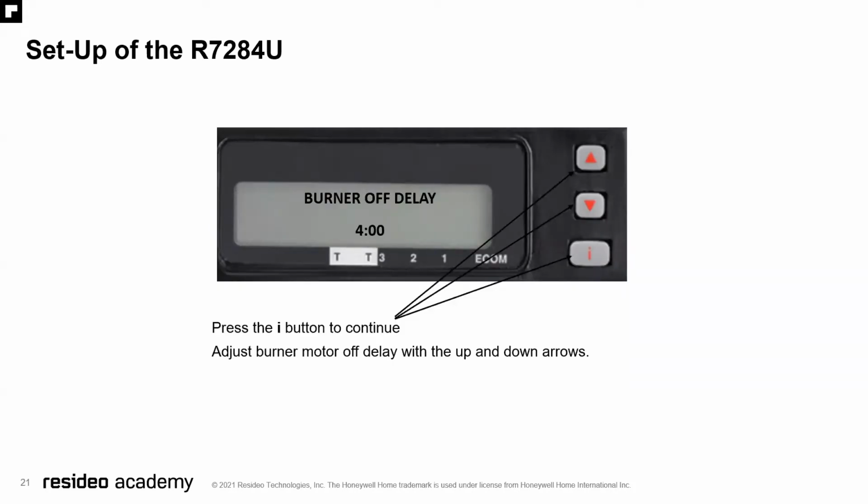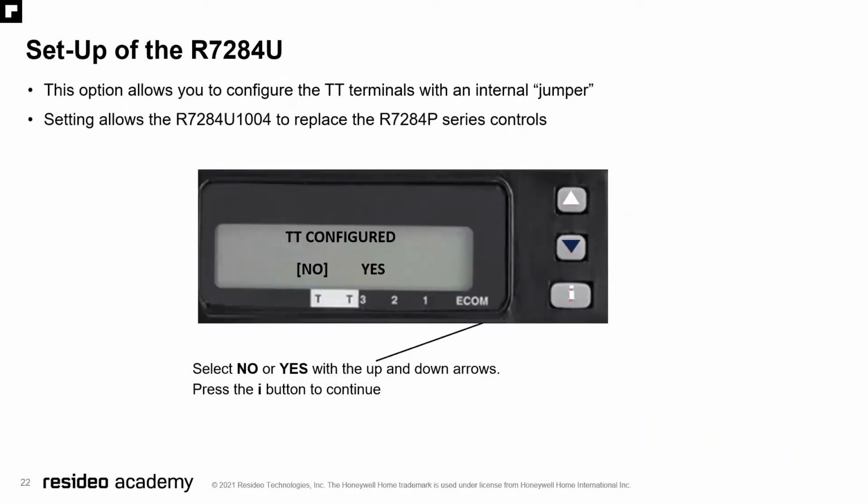Once you've gone through that part of it, you move on to burner off delay. What it's there for really is to help reduce oil afterdrip related problems that you might have. This feature can be set anywhere from 0 to 8 minutes in 15-second increments. Again, you make the appropriate choice for your system by using the up or down arrows to select the time. And once you've made that selection, to continue, you press the I button and move on to the next option,